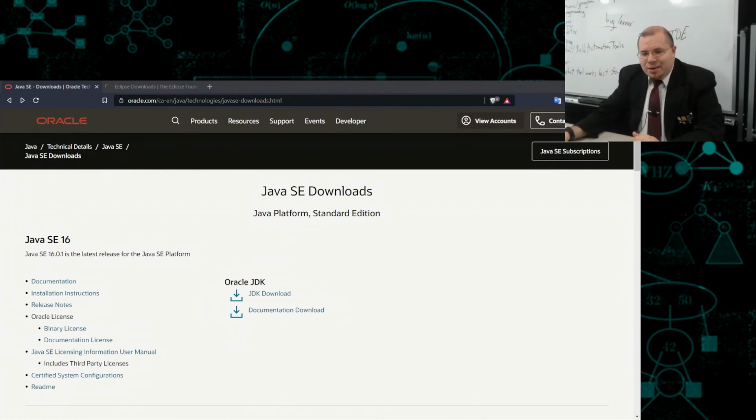And how are we going to get the JDK? I'll have the links to all these things in the description. But you're going to go to oracle.com and find the Java SE downloads. You're going to locate a version that is appropriate for you. I'm going to be using a 64-bit system. If you're not sure what architecture your computer uses, usually you'll find out quite quickly if you download the file and it tells you, oh, sorry, this isn't compatible with your system. You may have a 32-bit system if your computer is very old, well over a decade or so. Unless you're using a very rinky-dink computer. No offense.